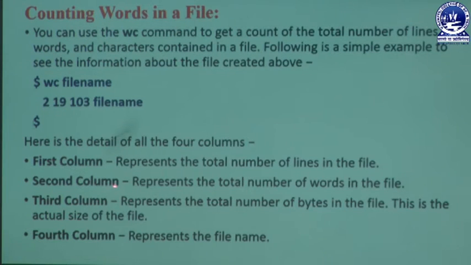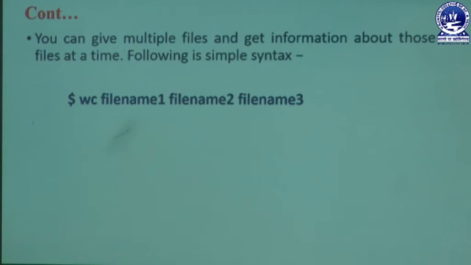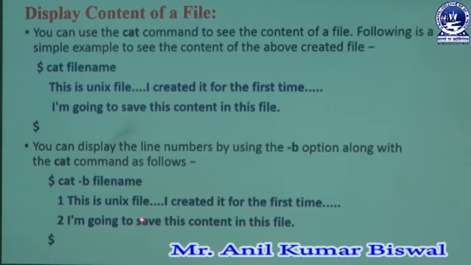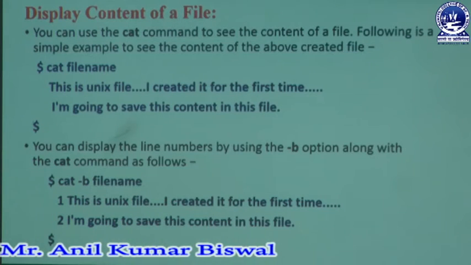The second column represents the total number of words in the file, that is, the number of words present in this file.